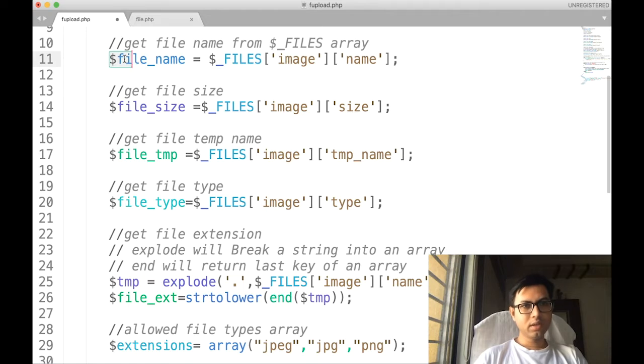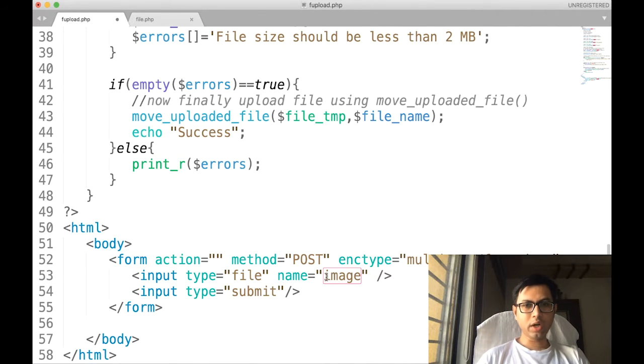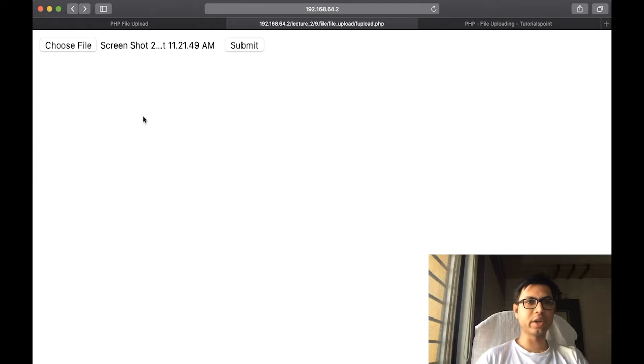Now let us see this syntax: $file_name. We have created a new variable which extracts the file name from the $_FILES super global variable for this particular input type. Whatever input had been given over here, that information is in the form of a whole string.